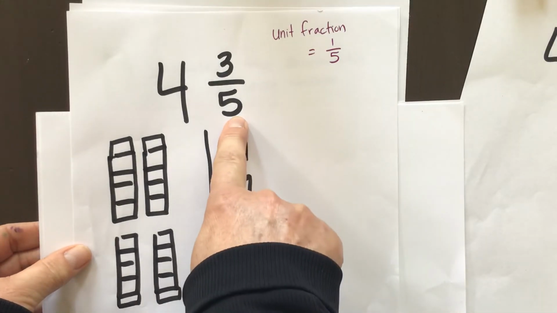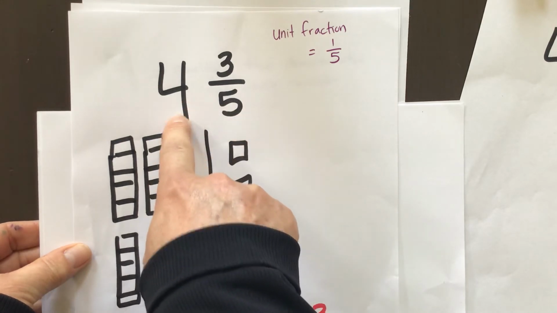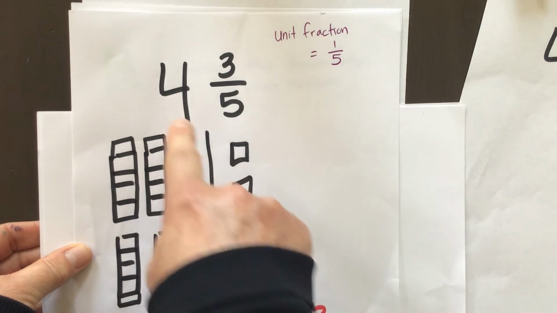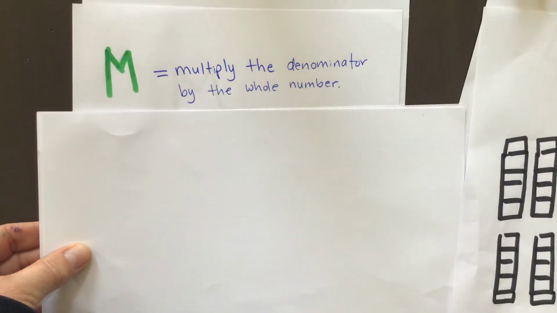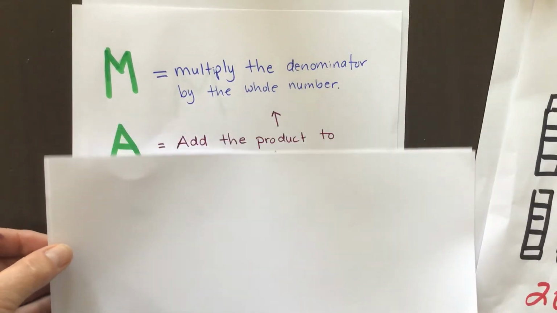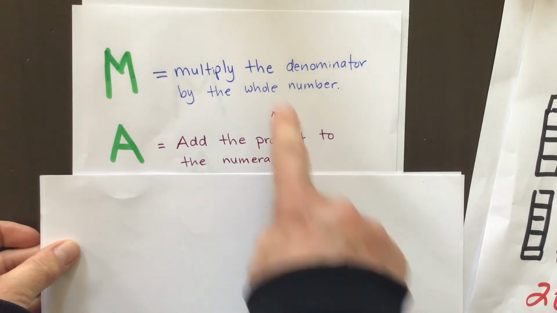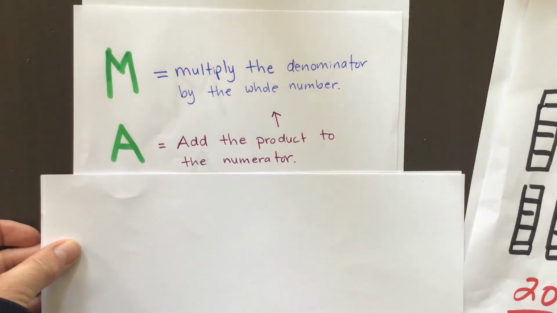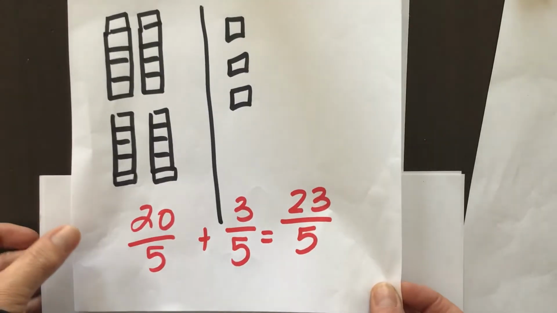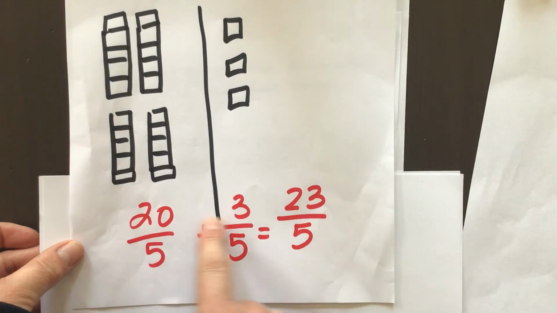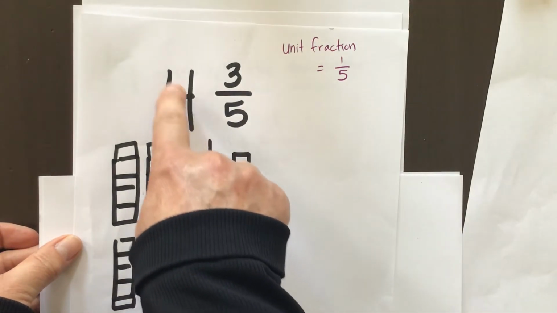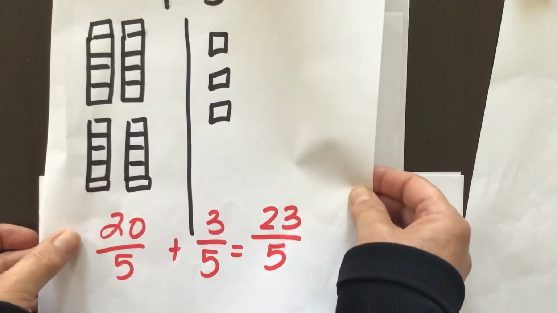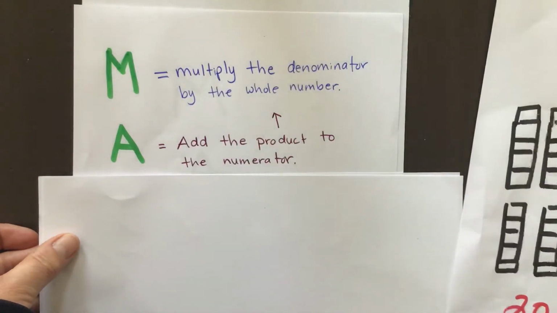So back to 4 and 3/5, we multiplied that denominator 5 by the whole number. 5 times 4 was 20. So that's our M, multiply the denominator by the whole number. Then add that product, or that answer, to the numerator. Well, that's what we did here. We added 20 to the numerator, 3. We added 4 times 5, which is 20, plus 3, and that gave us 23,